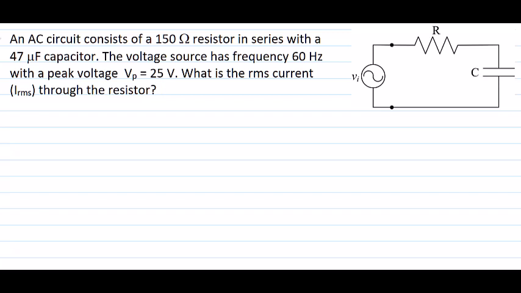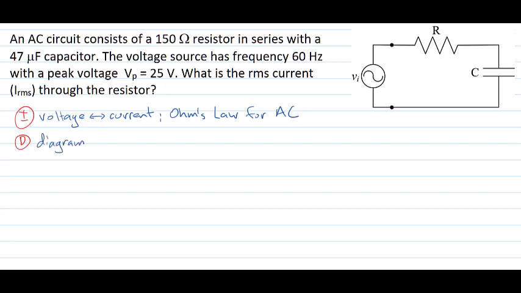Now we can begin with our interpret step, trying to understand exactly what's going on in this kind of problem. You should be able to see that we've got a voltage indicated in this problem, and we're being asked to calculate something to do with current. So we'll need some relationship between those two quantities, and that tells us we should be using Ohm's law. And indeed, in this case, Ohm's law for AC circuits, which is a little different to what we use for DC circuits.